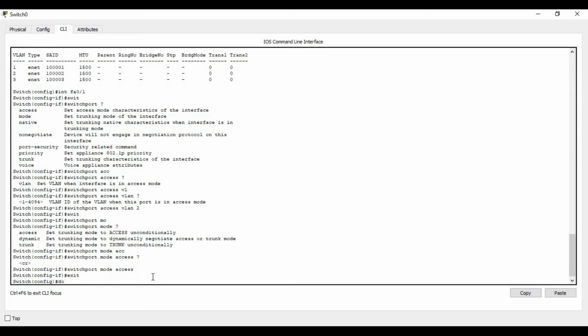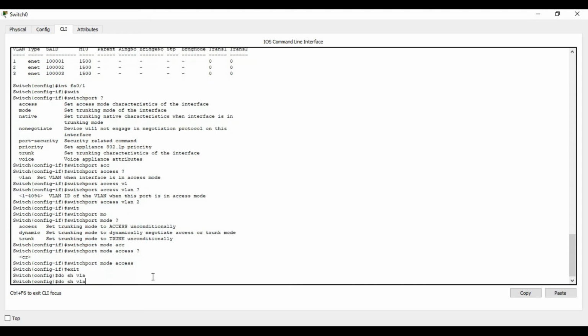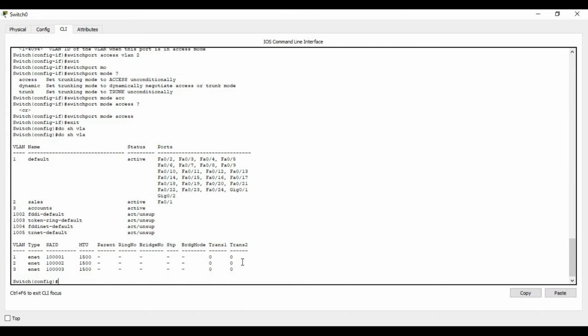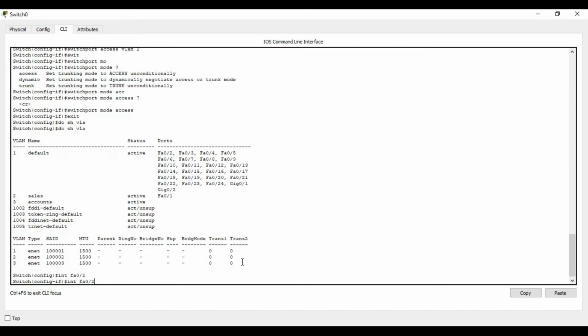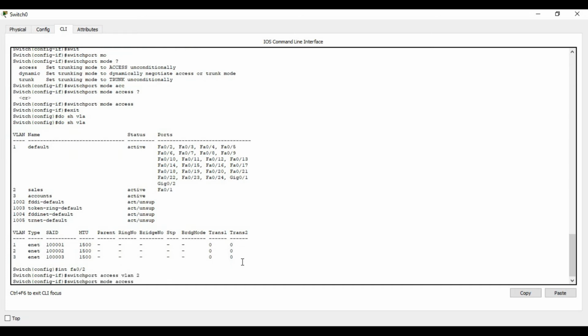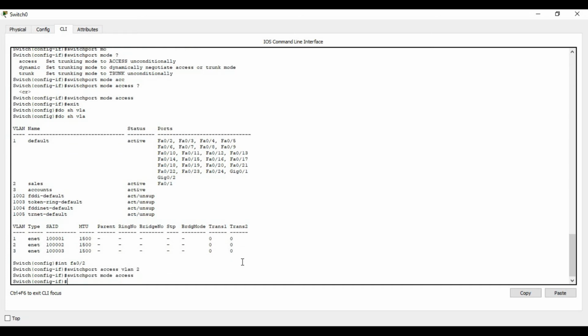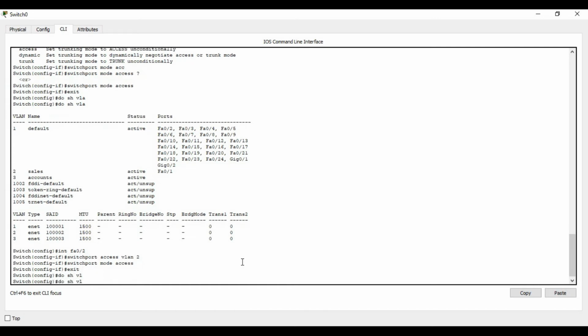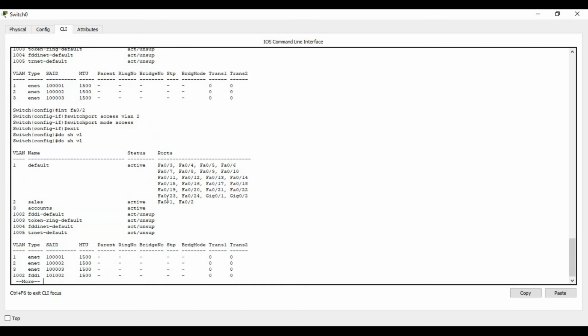If you do show vlan, we'll be able to see that Fa0/1 is now part of sales. We'll repeat similar steps for the other interfaces, interface Fa0/2. Done. Now we can see both these ports are part of VLAN 2.